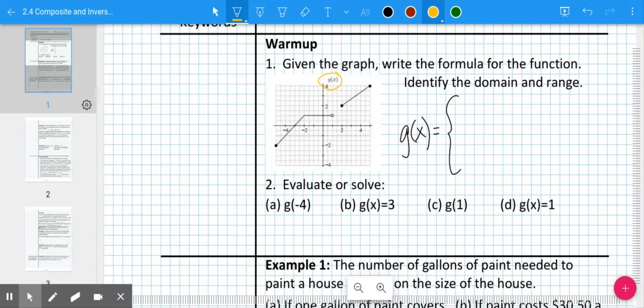Now I see there are three pieces to this, so I'm going to write the equation of each of the three pieces. The piece on the left is going to be generated by the linear function x plus 3. It has a slope going up 1 over 1, and you can plug in points to get that y-intercept. The horizontal part in the middle is going to be the equation y equals 1, because it goes through the